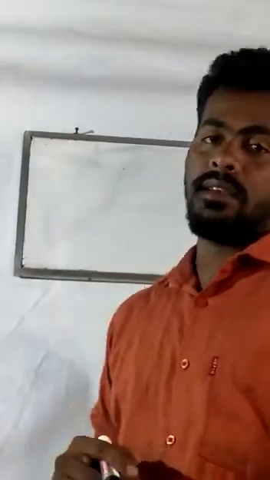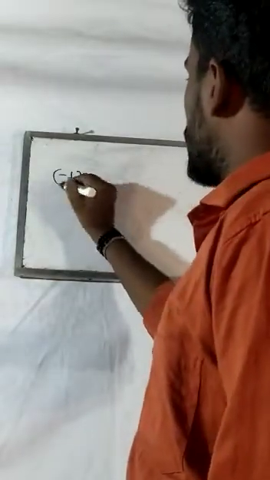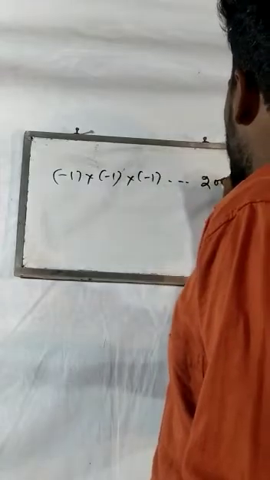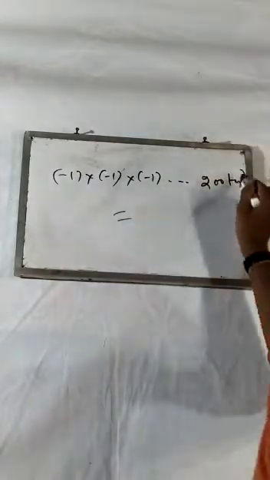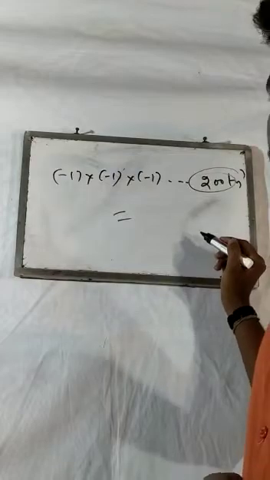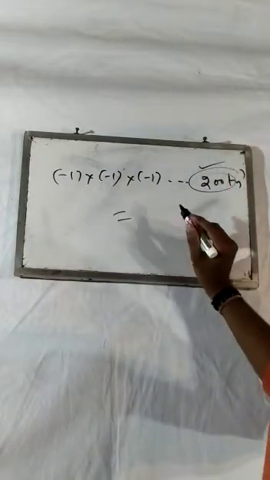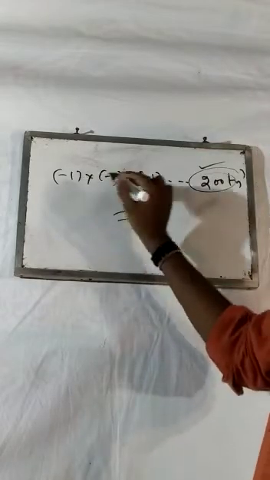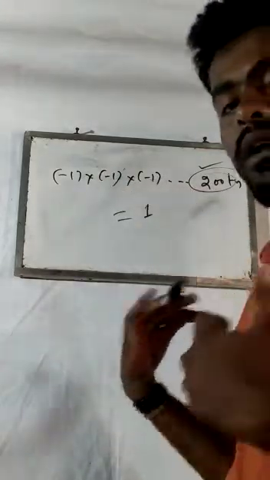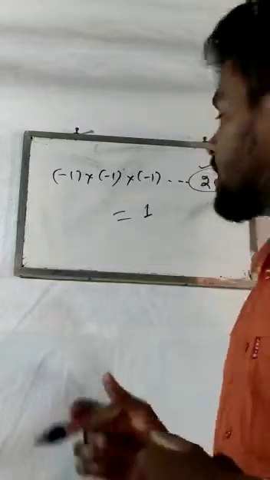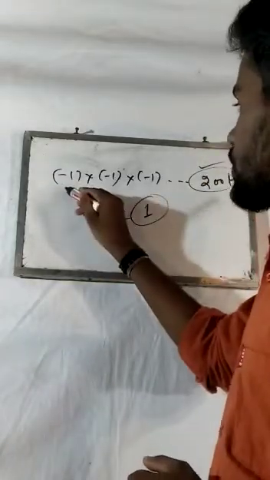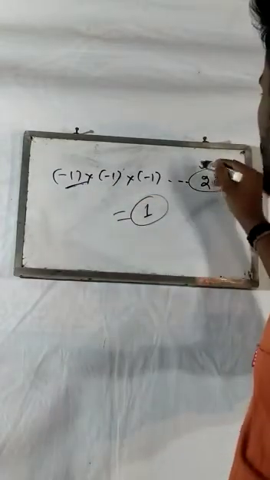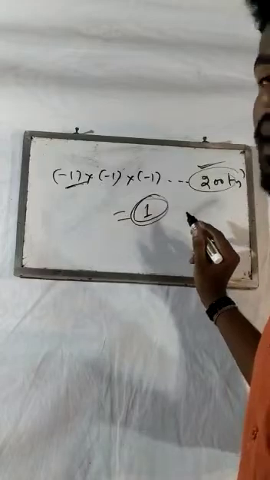Let us take another idea, student. If minus 1 into minus 1 into minus 1, dot dot dot, is given 200 times. Then see student, is 200 an even number or odd number? It is an even number. So your result will be positive. And I multiplied 1, or minus 1, how many times? If I multiply 1 into 1 into 1, the result is 1. But the question is whether the count of negatives is an even or odd number. It is even, so the result will be positive.